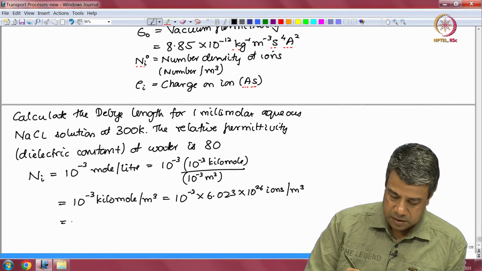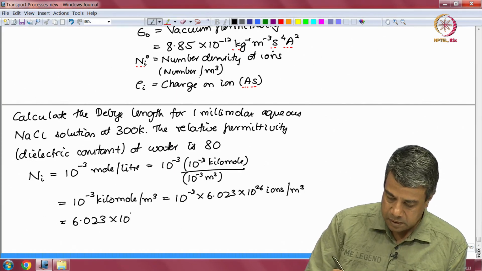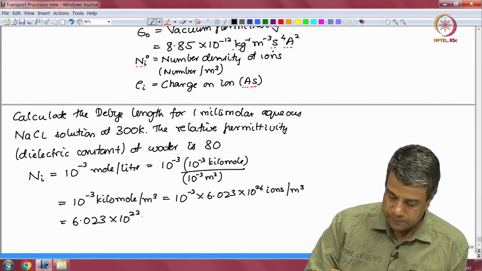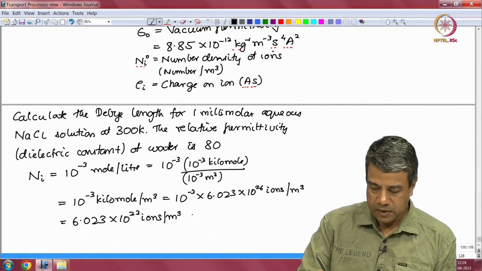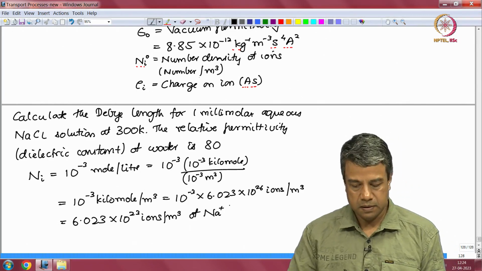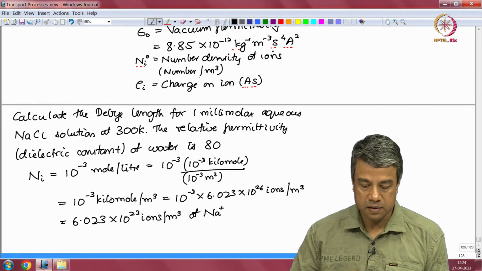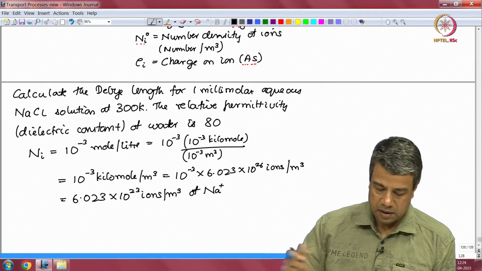So this is equal to 6.023 into 10 power 23 of sodium plus. So there are 6.023 into 10 power 23 ions per meter cubed of sodium, and there will be an equal